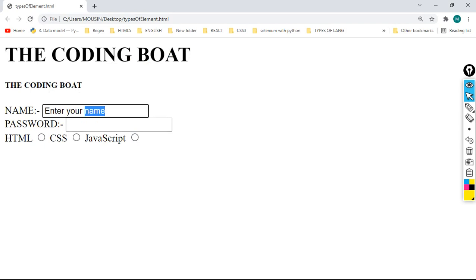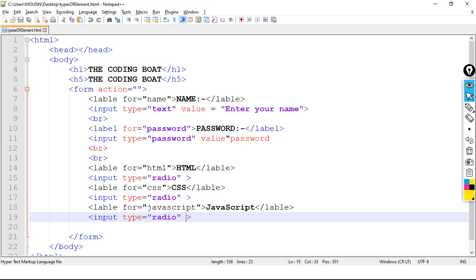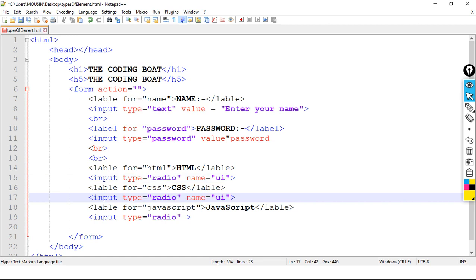Enter name Mohsin, password, okay, HTML, CSS, JavaScript, which is not correct. I should select only one option because it is a radio button. You can choose only one option. It is not a checkbox. So this is the magic of this attribute. Which attribute? This name attribute. Name is the same, that's the reason it will take only one option.